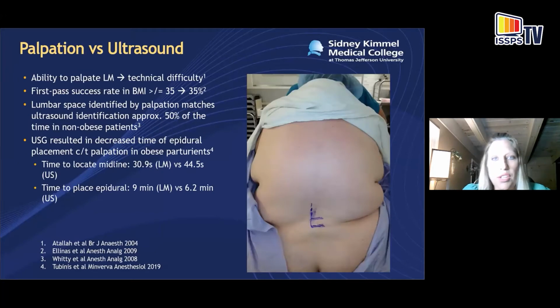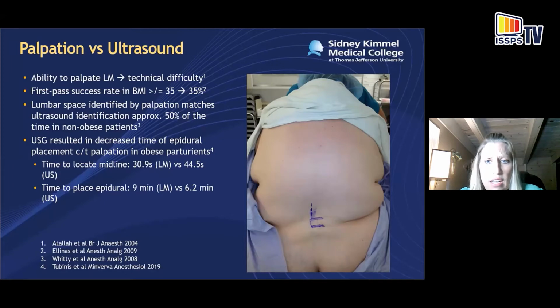In terms of palpation, there was a study in obstetric patients where they looked at the vertebral level and found that it was correctly identified by palpation in only 55% of patients when compared to ultrasound. And in most cases, the presumed level identified by palpation was at least one level higher than the anesthesiologist thought, thus potentially setting up the patients for neurological complications. So if we're only identifying the correct space via palpation in the non-obese patient half of the time, the likelihood of being accurate in the obese patient, where bony landmarks are rarely palpated, is very low.